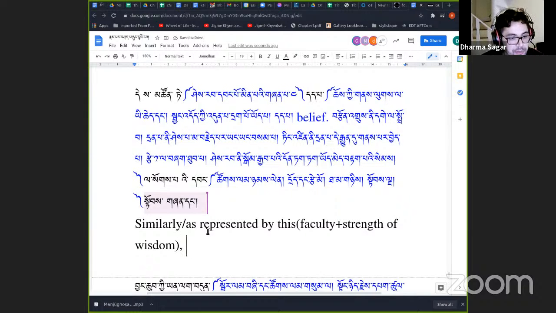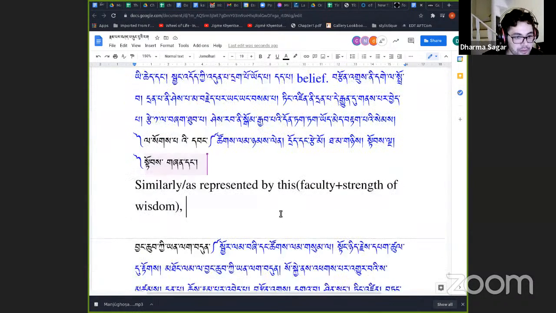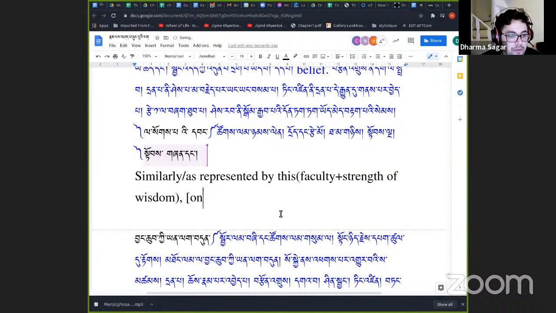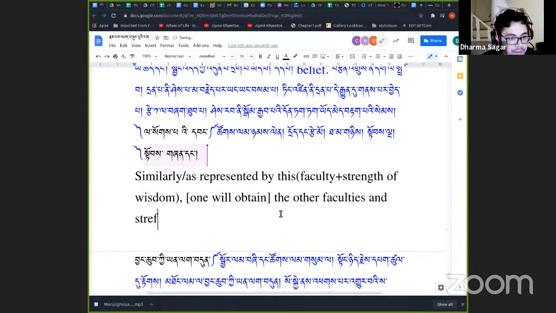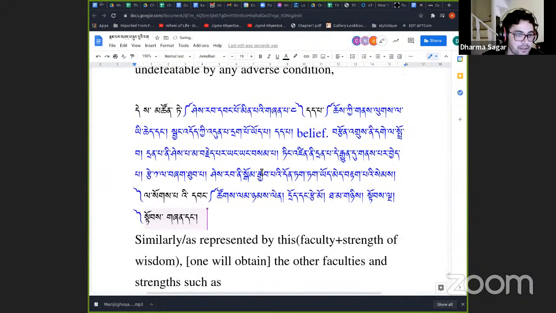Similarly, it is represented by this. One will obtain the other faculties and strengths, such as faith,